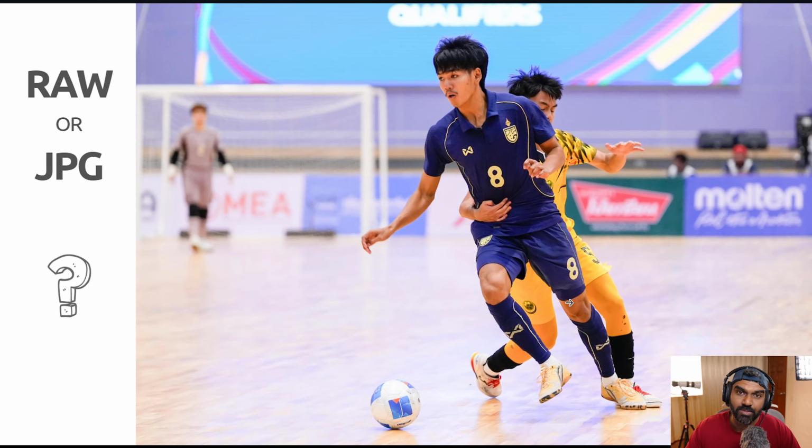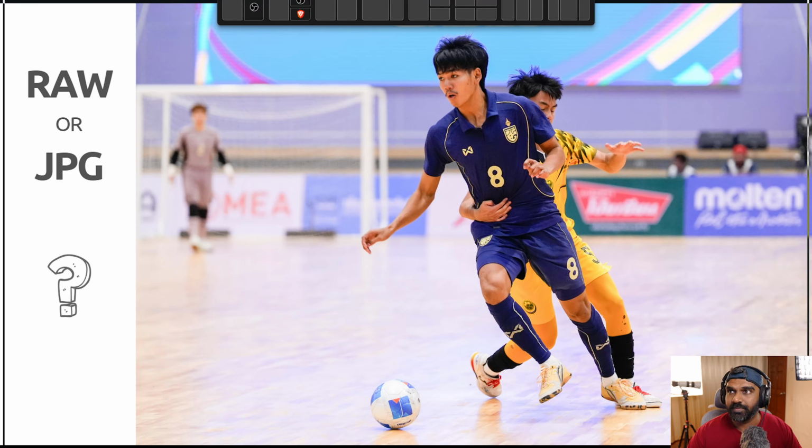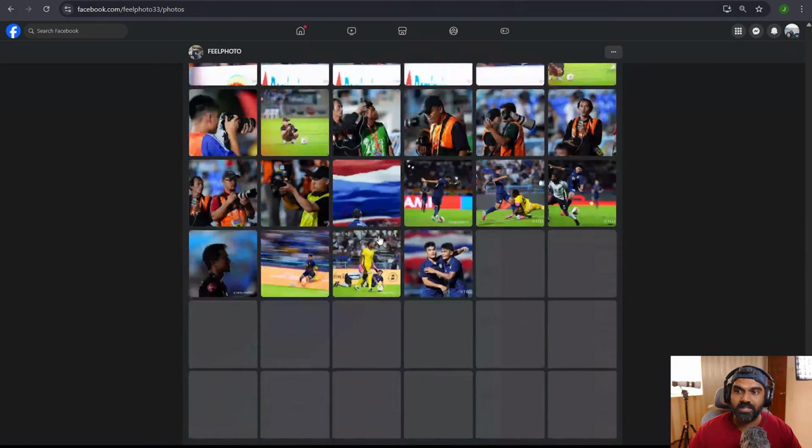Right. So, yeah, it's again the same thing. Which one is better, JPEG or RAW? Right. So I know I used to follow Fronos Photo. He's a guy who shoots RAW all the time, and he recommends people to shoot RAW all the time. But this guy, the guy I was trained with in this event, this is his Facebook profile, and I really have to show you this, guys.